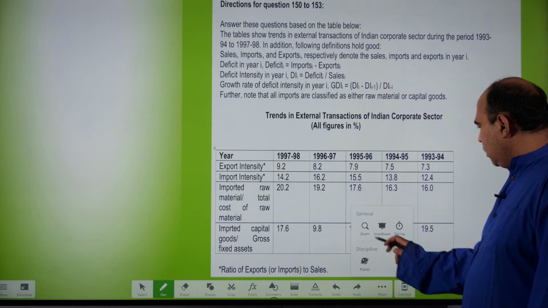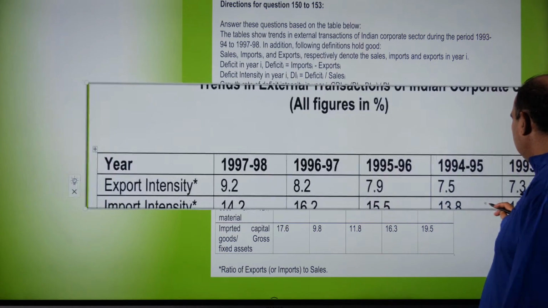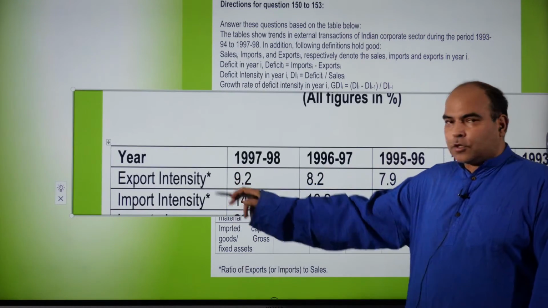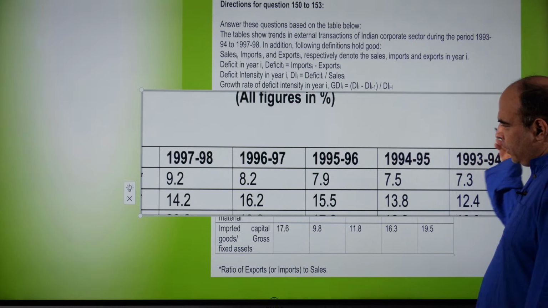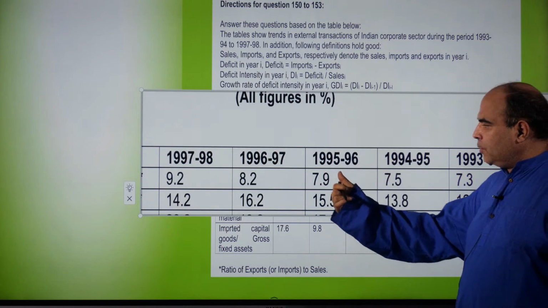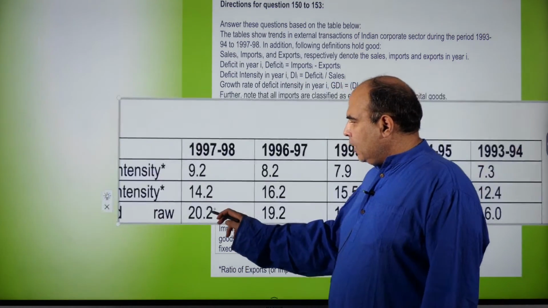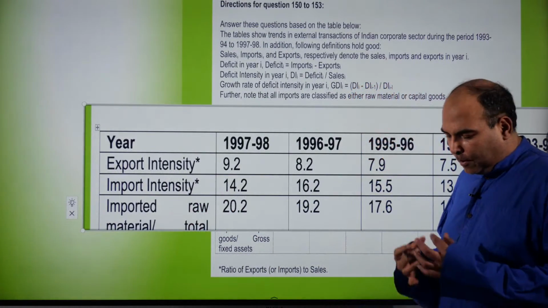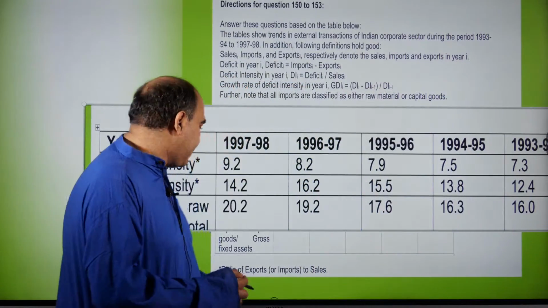So once I understand this, and then I start reading the table, I wanted to zoom here. Yeah, so when I start reading this table, I see that this is export intensity, the first row, and in 93-94 it's 7.3, 94-95, so it's going right to left, it's not going from left to right. So 7.3, 7.5, 7.9, 8.2, 9.2, and then I look at the next row, it is import intensity, and I should be able to work out that because my formulas are